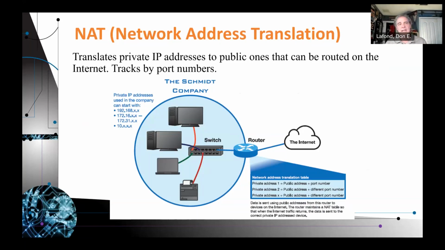If you're using the 10 network, you can set it up to have millions of addresses. The 192.168 can have 256 addresses, and 172.16 can have 65,000 subnets of 65,000 addresses. I never remember the last 3 numbers. That 10 is millions of addresses.